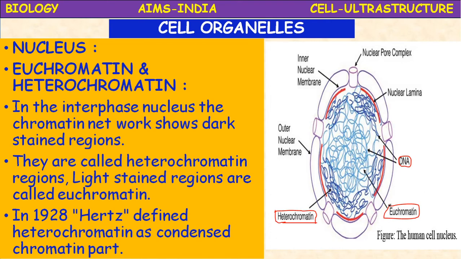Okay, this is the human cell nucleus. In the human cell, the outer nuclear membrane is there, and inside, the chromatin divides into two parts, heterochromatin and euchromatin. Heterochromatin is the chromatin material which is stained bright colored, and the euchromatin which is present in the center is light colored, and it is a true chromatin. Okay, so let us proceed.